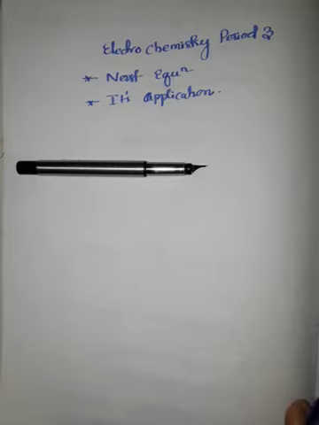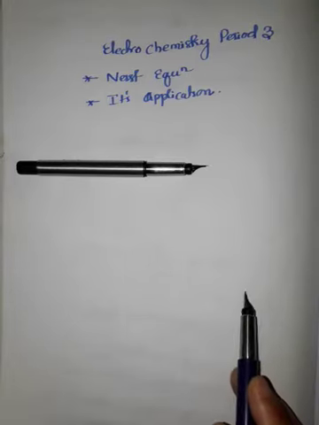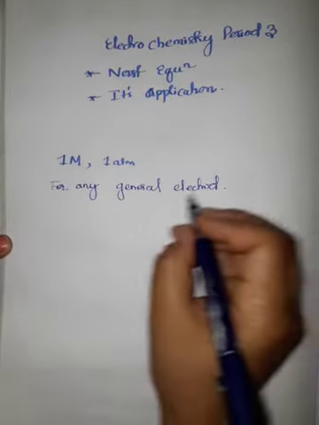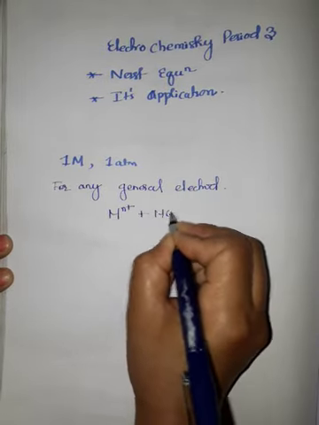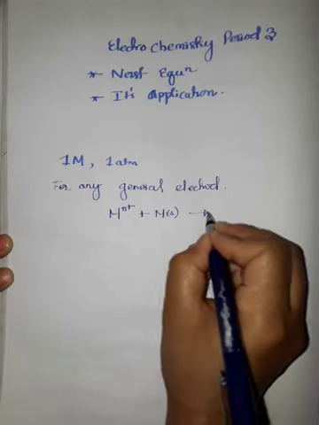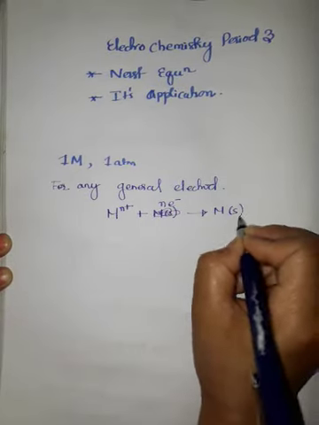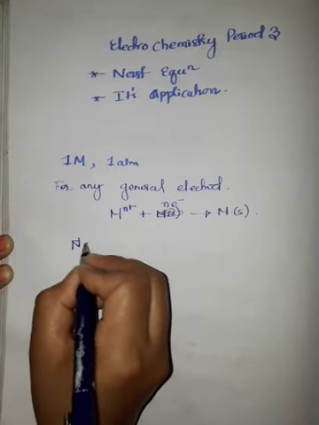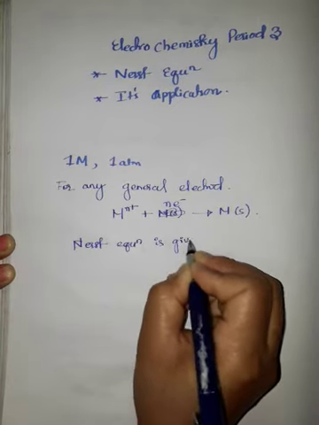This problem was solved by the Nernst equation. Nernst gave the relationship between the concentration of the electrolyte and the electrode potential. For any general electrode, we have to write the equation with the oxidized form and the reduced form, according to the present convention. So what is the Nernst equation for this electrode? The Nernst equation can be expressed as